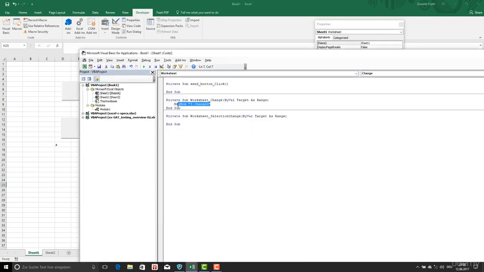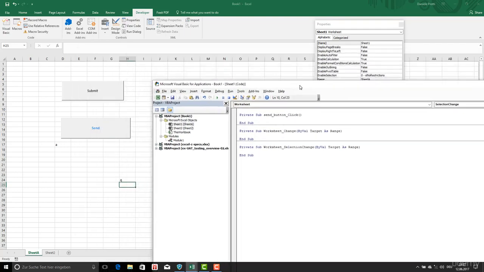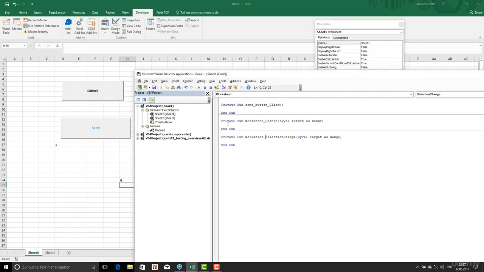Okay, so we have this. And then of course you can also remove this. This is very important. So you use routines to assign events to objects. And if you want to trigger an event, you just type